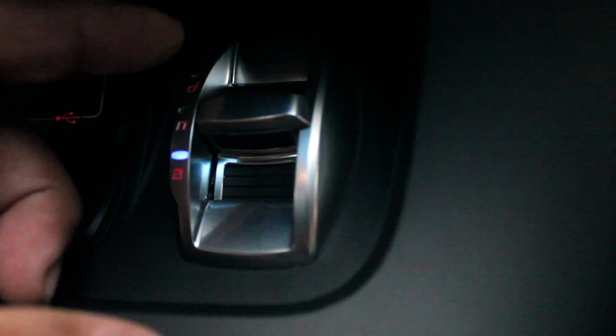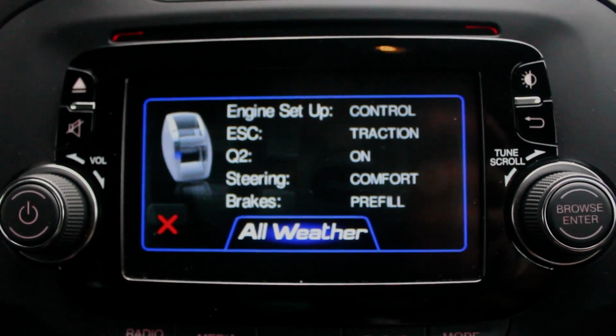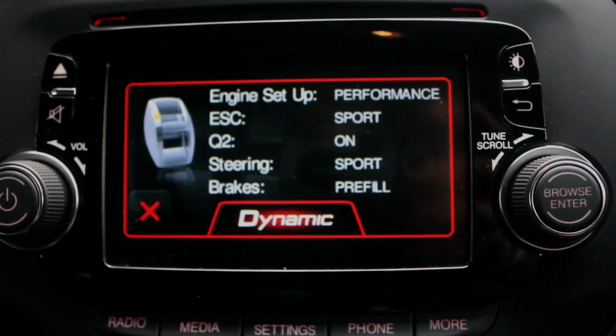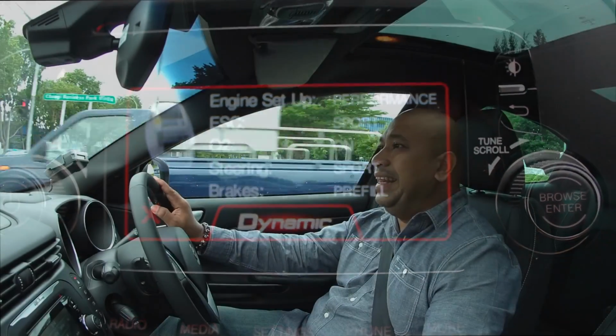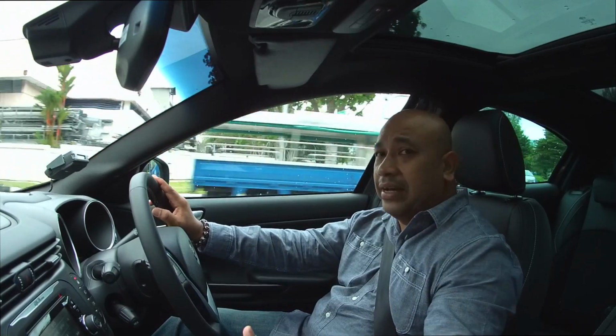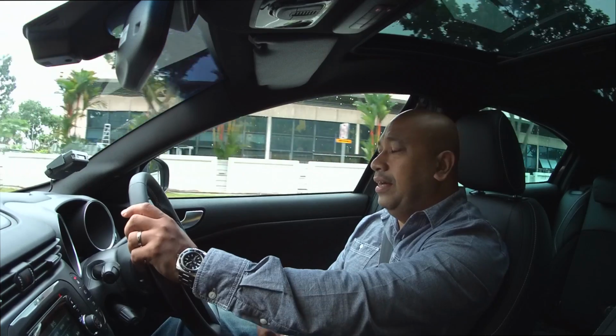So what's the DNA selector? Well, the DNA selector allows you to choose different performance levels or comfort levels in the QV. The D, of course, stands for dynamic, N is for natural, and A is for all weather. The different settings allow you to have different steering and also acceleration settings in the Giulietta